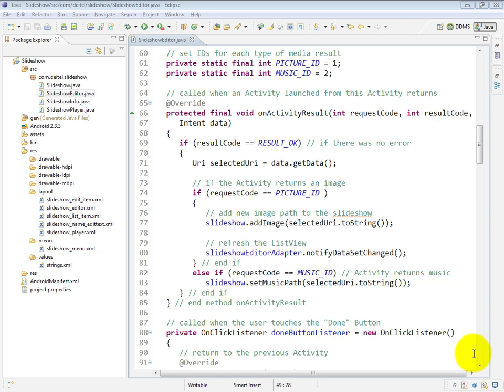So we've defined in lines 61 through 85 a couple of constants and an overridden onActivityResult method that will be called automatically when those other activities return data to us. So you can see here that we have two private final static integers, picture ID and music ID. We use these to distinguish between the two activities that could be returning to us,